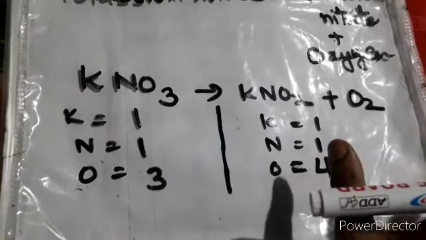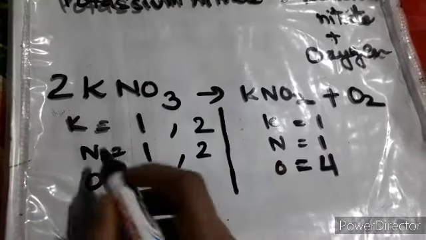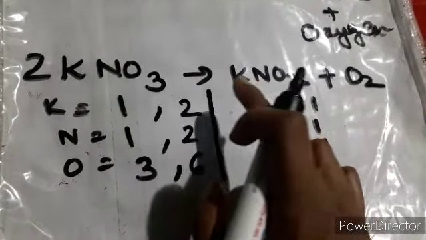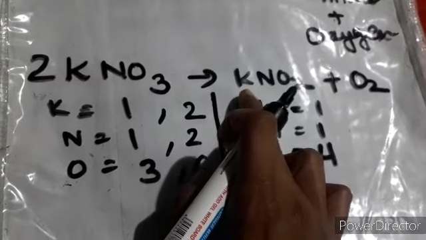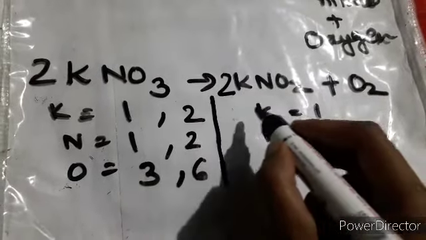Now what to do? Oxygen is alone, leave it. Start from here. Let's start with the first number, that is 2. Let's put 2 over here. Once you put 2 over here, everything will change: 2 ones are 2, 2 ones are 2, 2 threes are 6. Now what to do here? Let's focus. For K, you have to see K and N. Either over here you are getting 2, so let's put 2 over here. Everything will change.